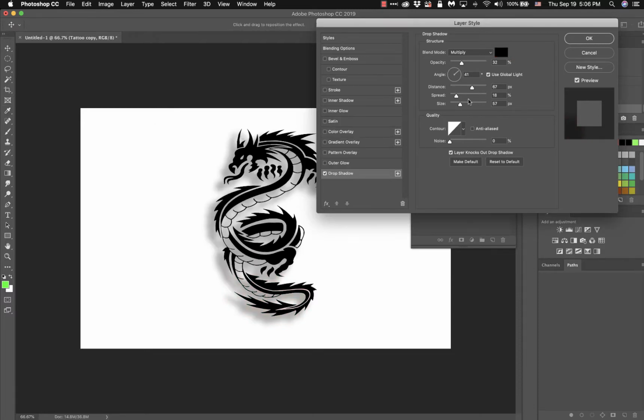So basically that's pretty much all you need to know for the options. I don't really mess with any of these options down here. Mainly you want to stick with the opacity, the angle, distance, spread, and size, and just go back and forth and mess with those. And once you get all of those where you want them to be,